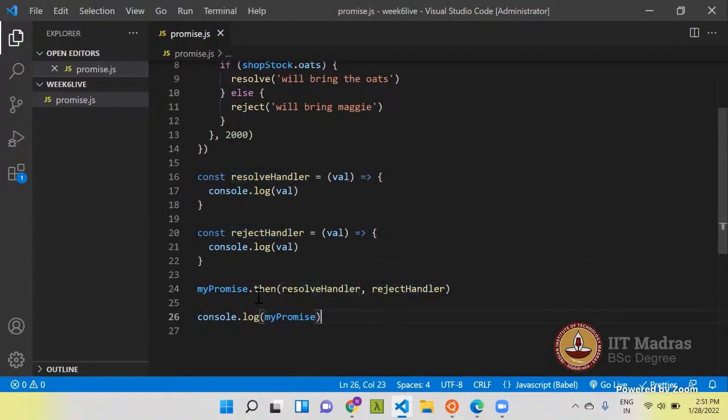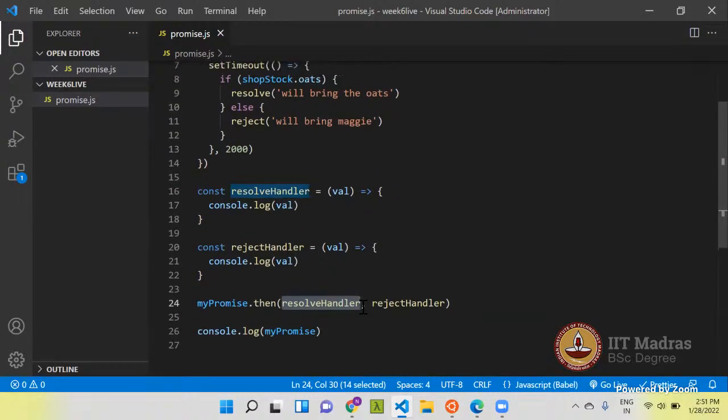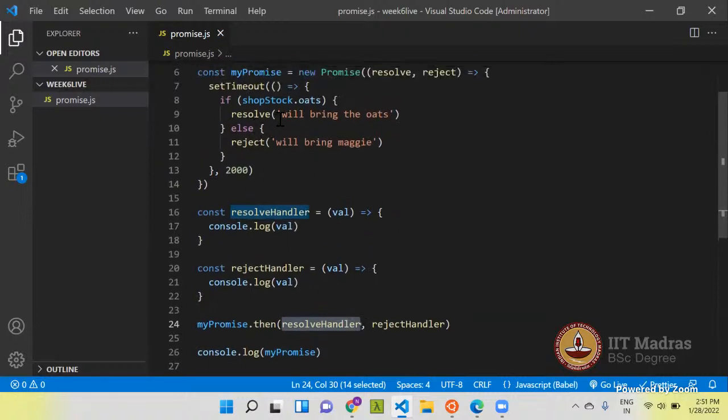Whenever these functions are called, they will be passed the value which the promise provides: this one gets the value when the promise gets resolved, and this one gets the value when the promise gets rejected.